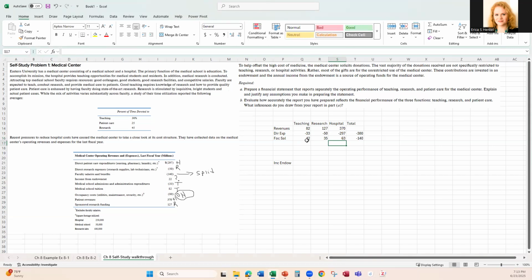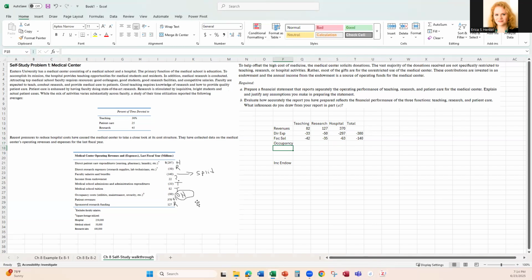All right, and if we double check our numbers here, yes, that's 140. And that should be minuses. Okay, so with that, and then we've got the occupancy,